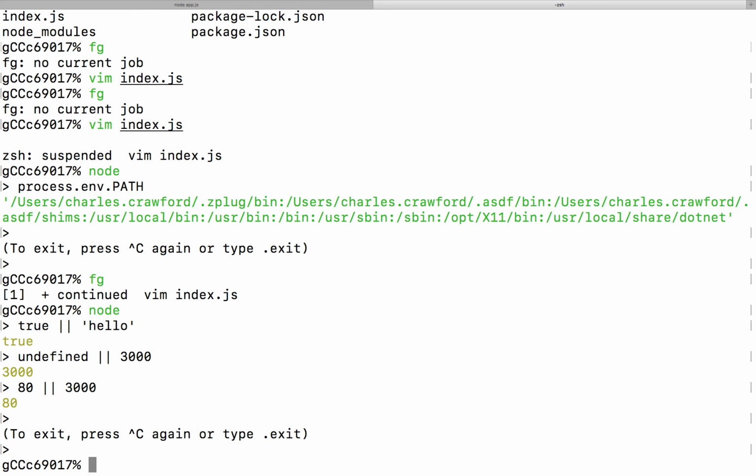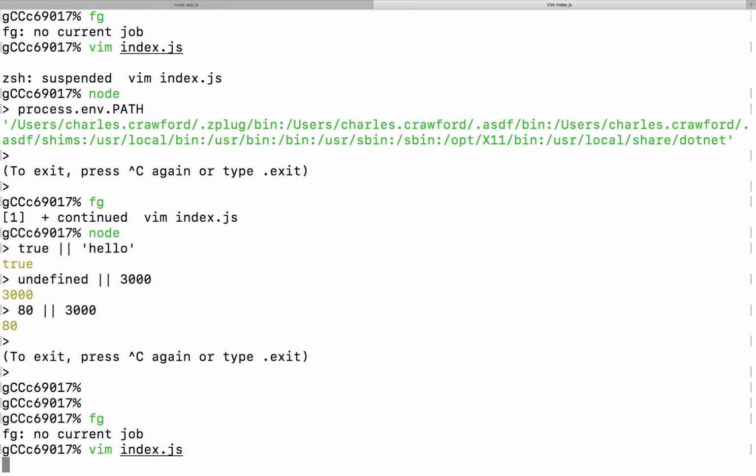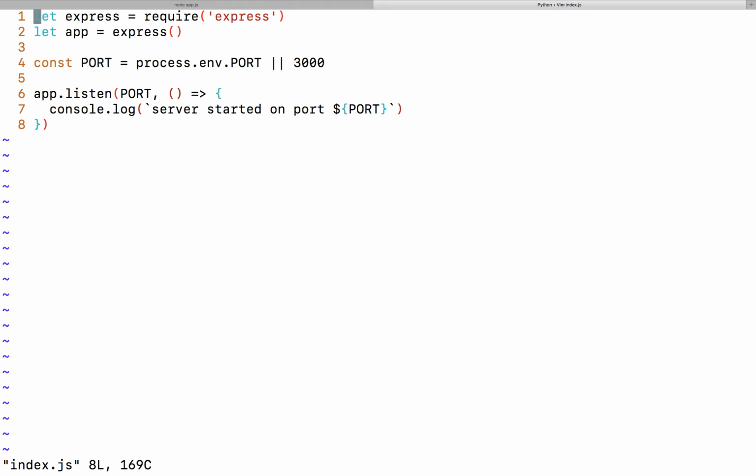As a quality of life thing, we say if that environment variable is not defined, i.e. if we're not in production, use 3000. And to do that, we do this OR trick, where OR returns the last thing evaluated. If this is truthy, it's not going to evaluate over here. So if that environment variable is defined, we're just going to use it and not the other value. Another way you can read that, ideally I want you to understand the mechanics of this, I really do, but frankly, if you read this as "if defined, use that, otherwise use that," that's close enough.